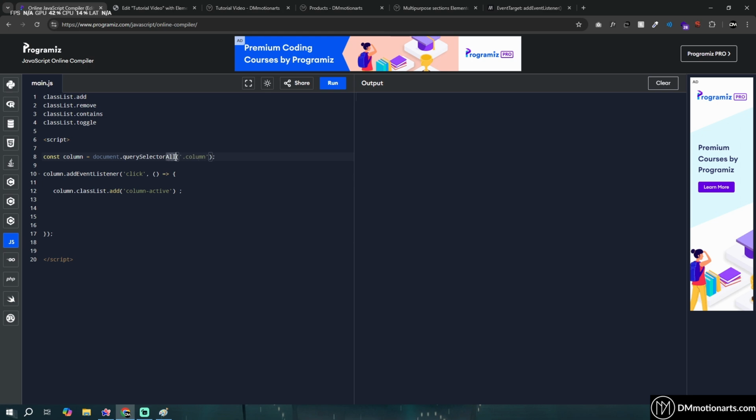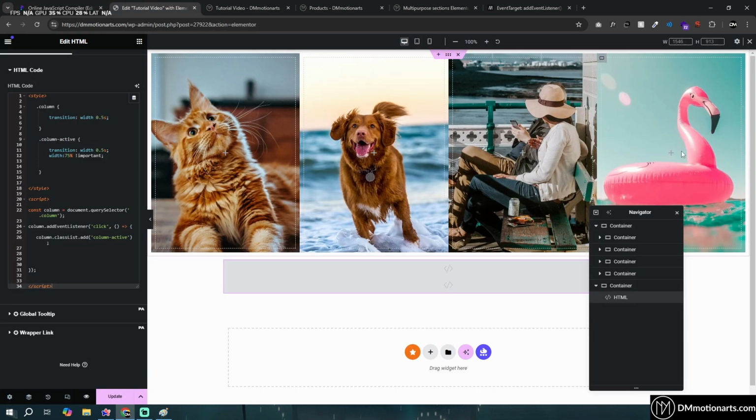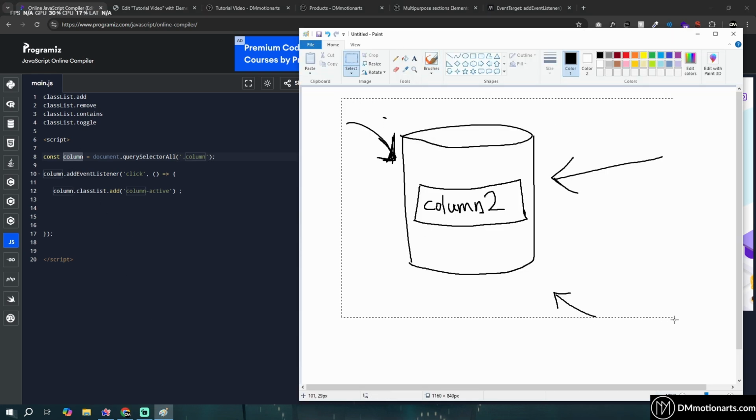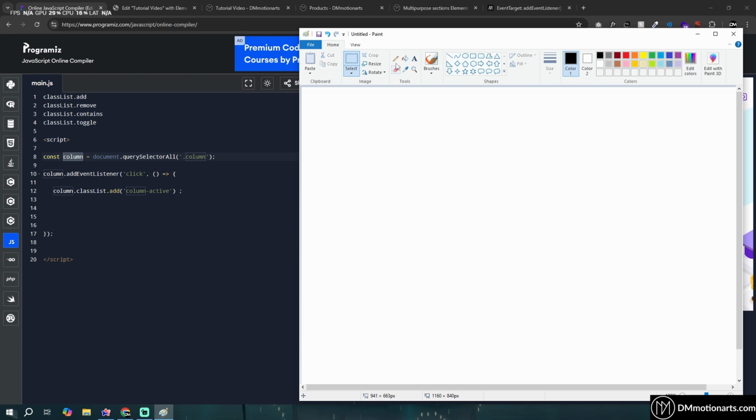When we do type all, it takes every single element which has the column class and places it in here, but it actually stores it as an array. Array is very basic stuff. It's not complicated, so don't get overwhelmed. When you type it, an array will basically store